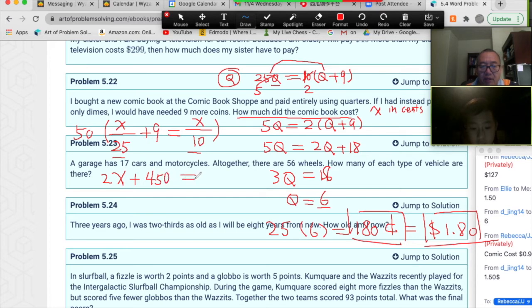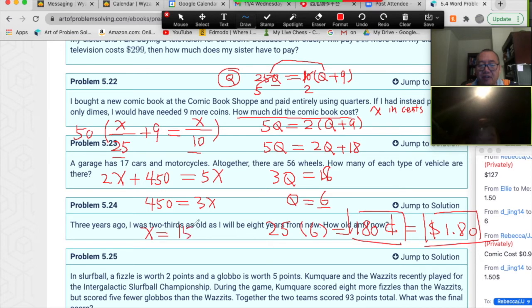Okay? Then also 50 times x over 10. 50 divided by 10, you got 5. So 5 times x. Then both sides minus 2x. You got 450 equals 3 times x. Then both sides divided by 3. You get x equals what? X equals